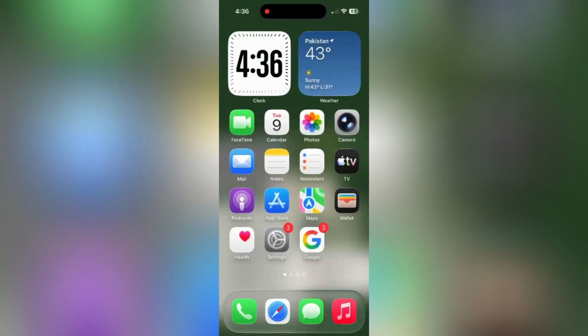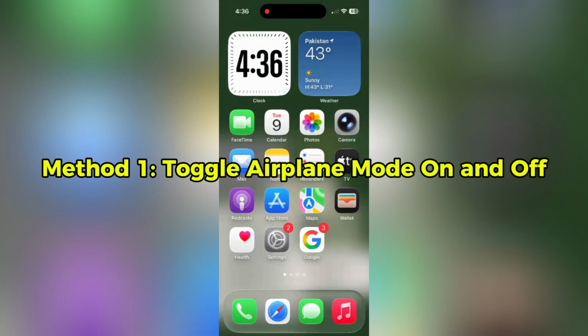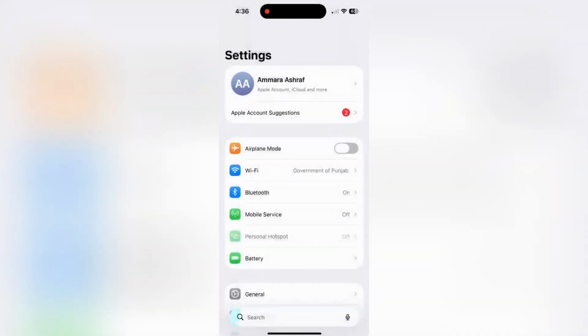So, let's get started. Method 1. Toggle airplane mode on and off first. Open the Settings app on your iPhone and turn on airplane mode. Wait a few seconds, then turn it back off. This forces your iPhone to reconnect to nearby cellular networks and can often clear temporary connection issues that cause the